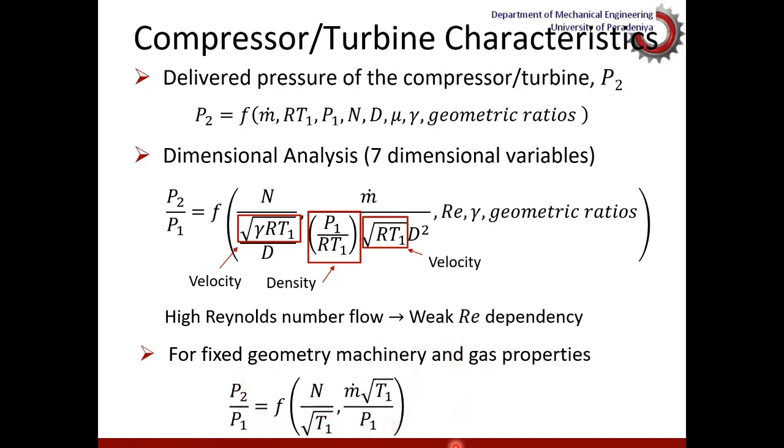So this is in a way standardizing the operating or the test conditions of compressors and turbochargers, where you normalize your measurements of mass flow rate, pressure ratio, and speed to standard temperature and pressure. So irrespective of what temperatures and pressures you make the measurements at, these quantities would give you normalized values.